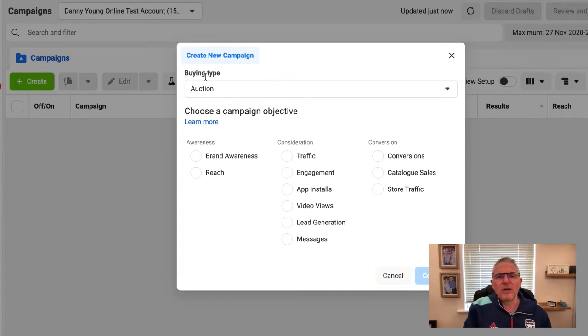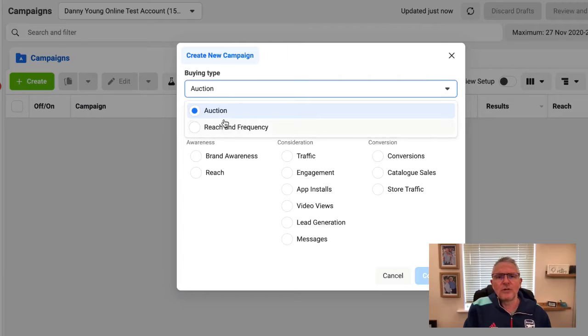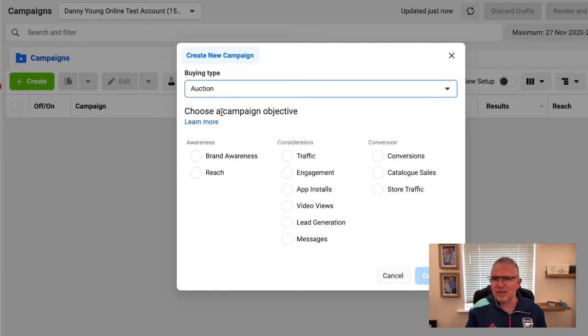Now, there is a buying type at the top here where you can choose auction or reach and frequency. I'm not going to go into that today because that's not what this training is about. Suffice to say that almost every single campaign that we run uses the auction buying type. So before I get into each of these different objectives and what they mean, I just want to explain a little bit about these categories that the objectives fall into: awareness, consideration, and conversion. And in order to do that, I'm just going to switch over